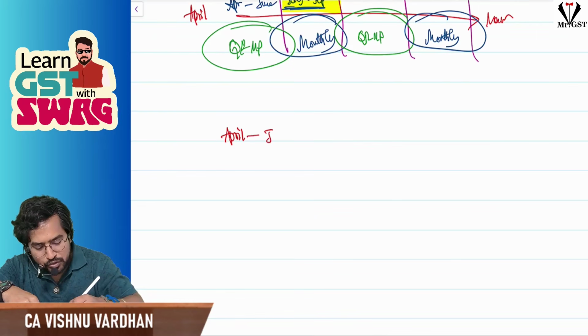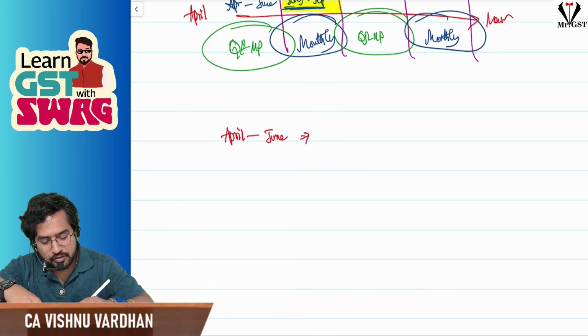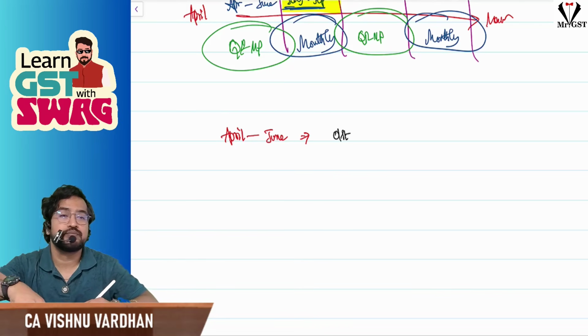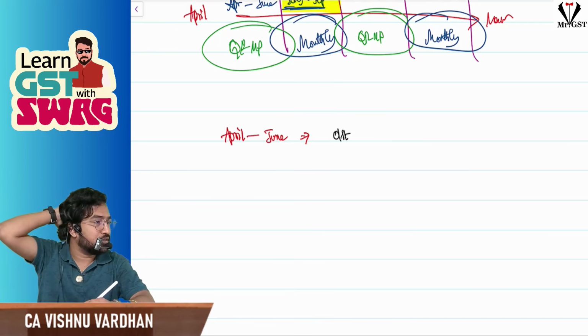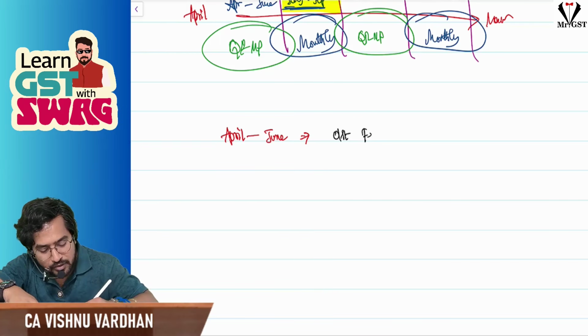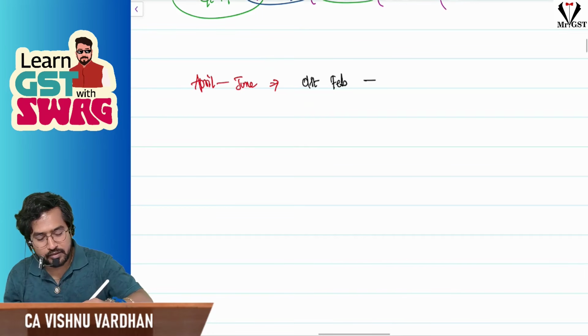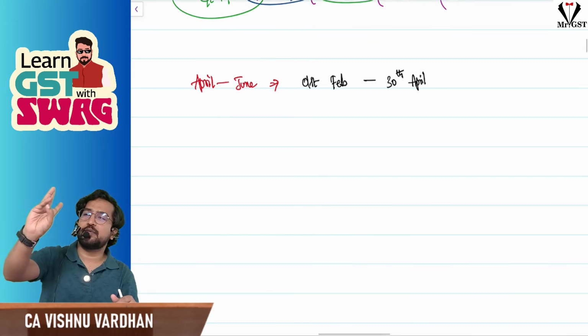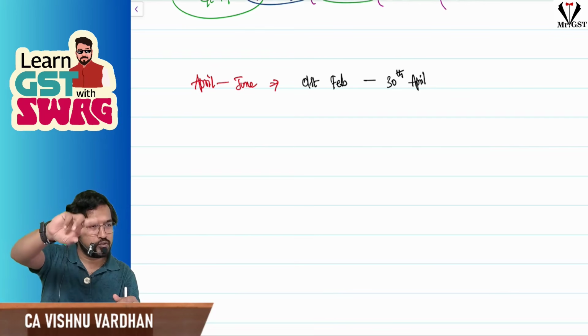April to June quarter, ma. When the window will open, you tell me. First, preceding quarter, second month. What is preceding quarter? Preceding quarter, Jan to March. So, what is the second month? On that first day, 30th April. That means Feb, March, April. 3 months the window will be open to select or deselect